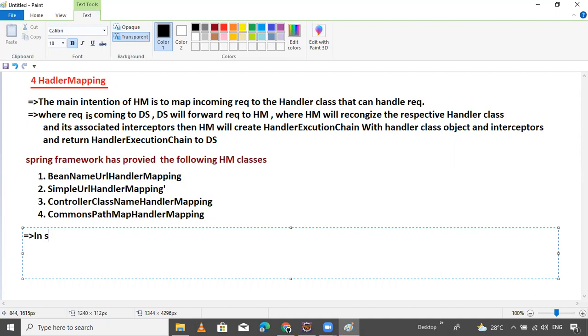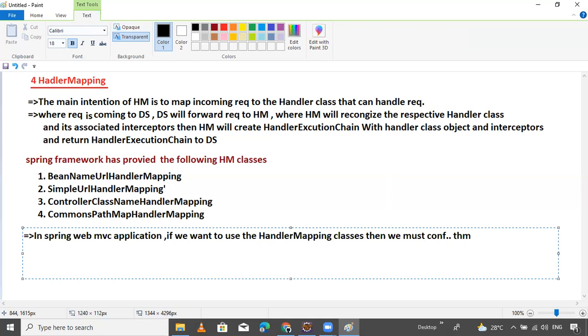In a Spring Web MVC application, if we want to use the handler mapping classes, then we must configure them in a Spring configuration file.